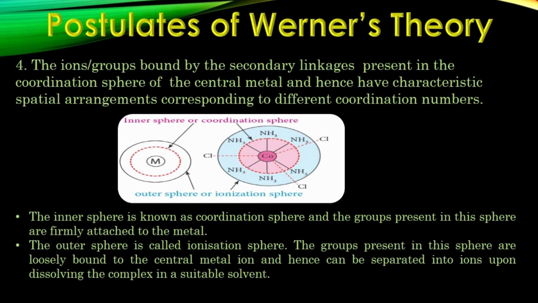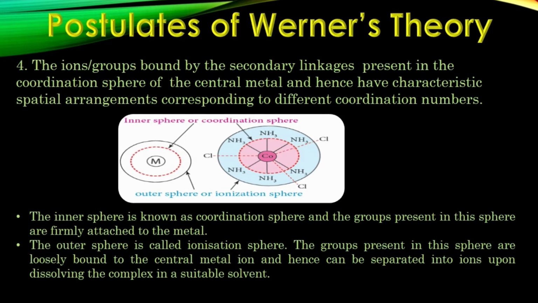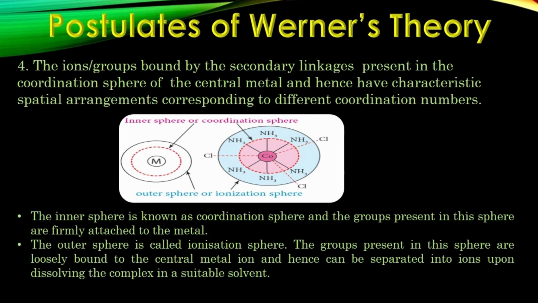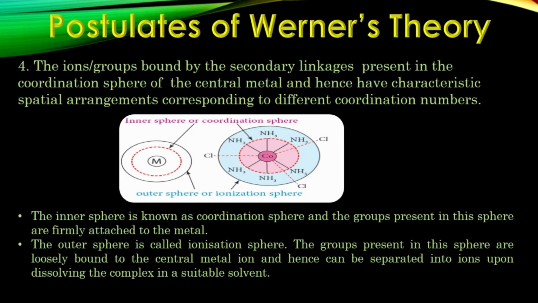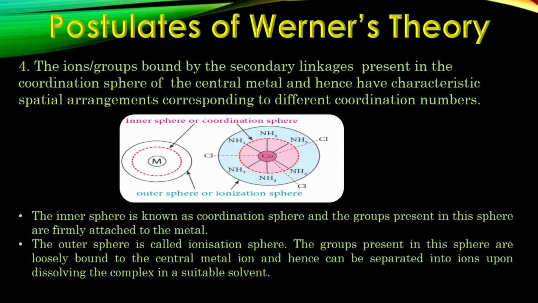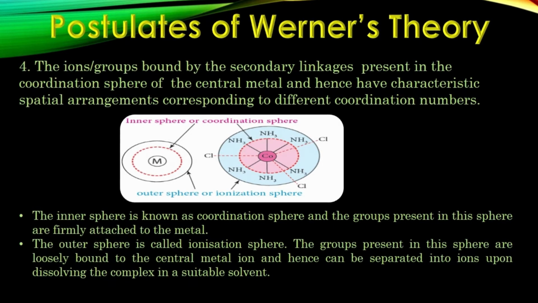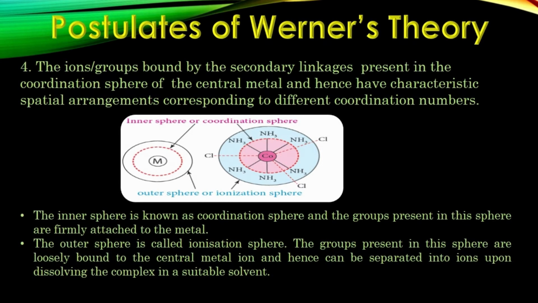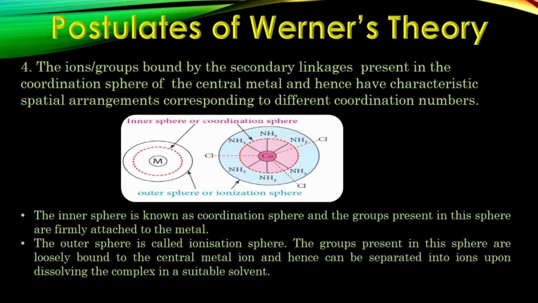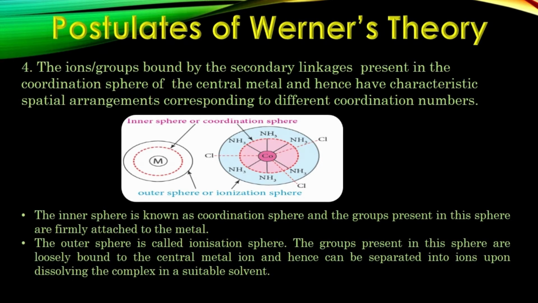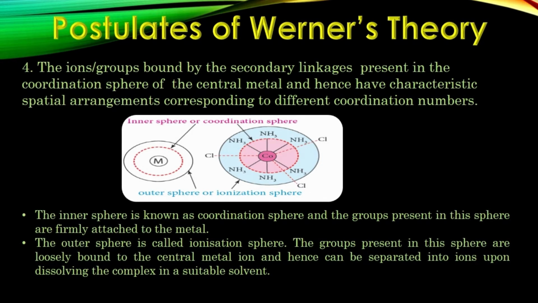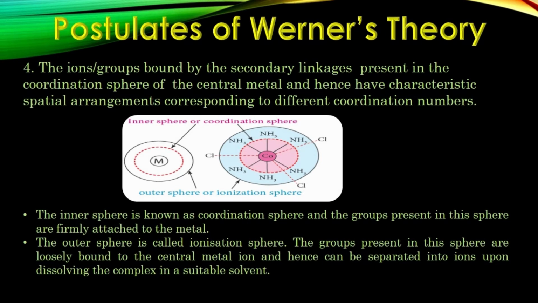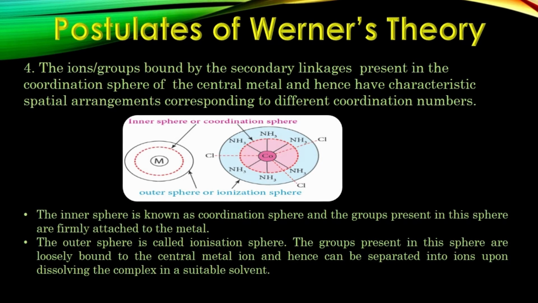If you consider the ions or the neutral molecules bound by the secondary linkages, they are present in the coordination sphere of the central metal. Hence, they will be held firmly by the central metal atom. This gives the definite spatial arrangement corresponding to different coordination numbers. For example, if a metal ion has 6 secondary valencies, they are arranged octahedrally around the central